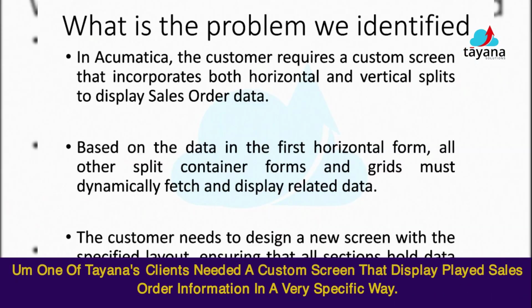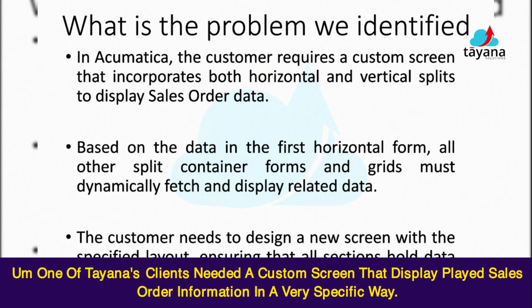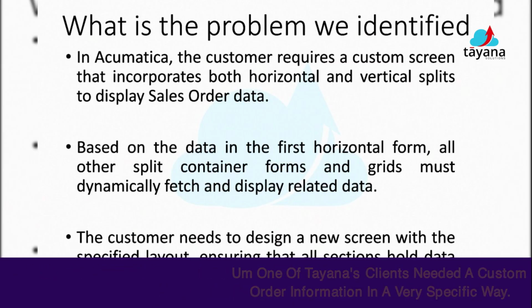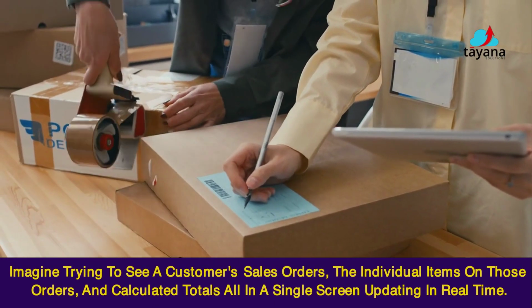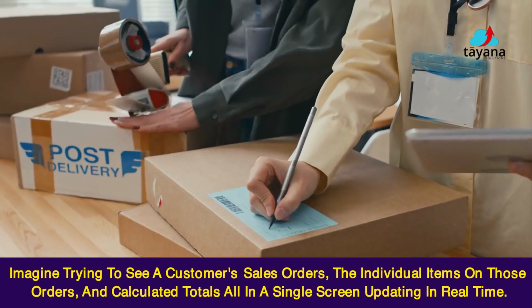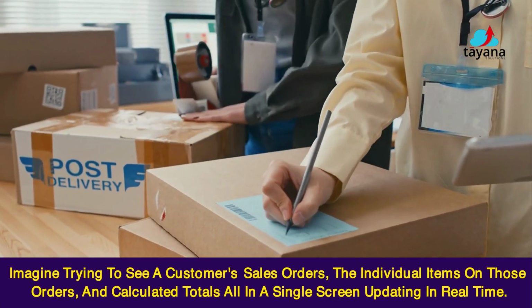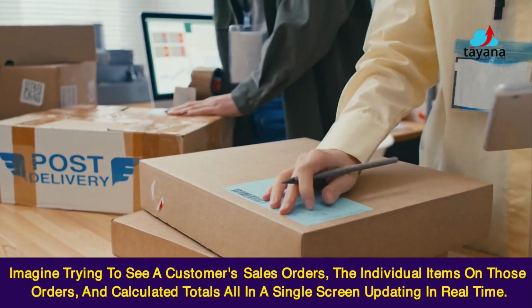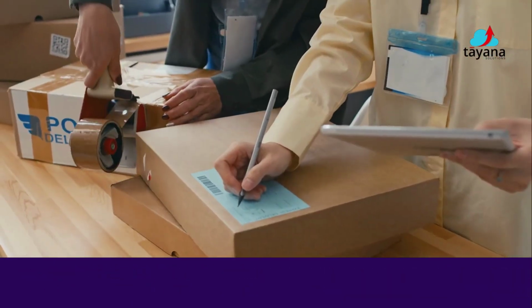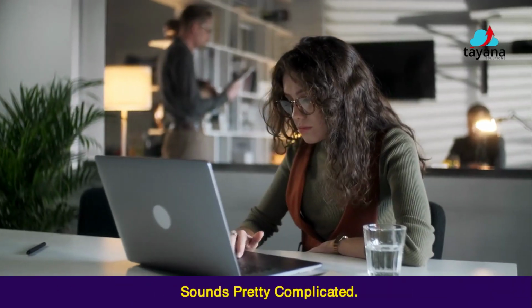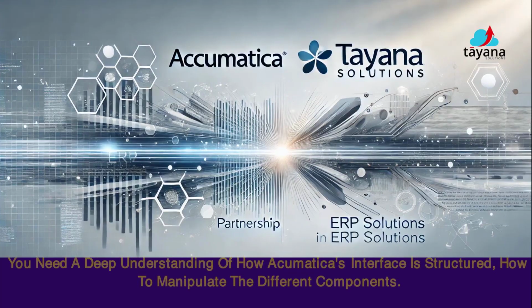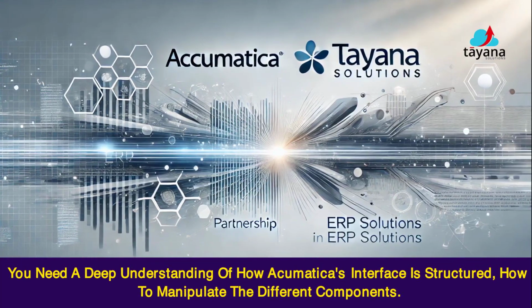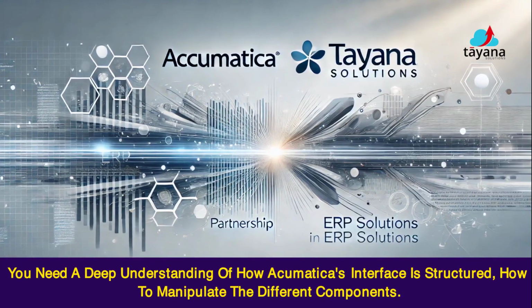One of Tiana's clients needed a custom screen that displayed sales order information in a very specific way. Imagine trying to see a customer's sales orders, the individual items on those orders, and calculated totals all on a single screen, updating in real time. Sounds pretty complicated. It definitely can be. You need a deep understanding of how Acumatica's interface is structured, how to manipulate the